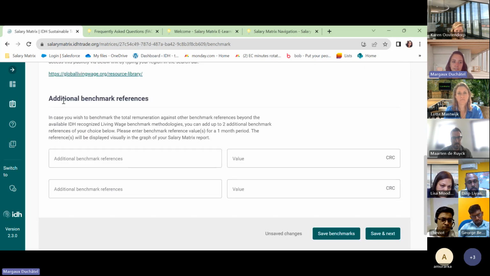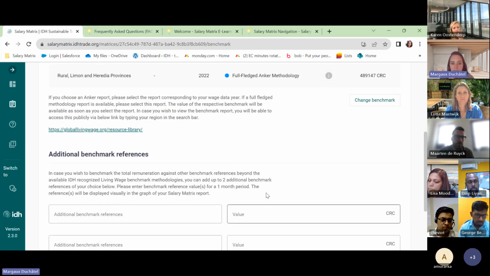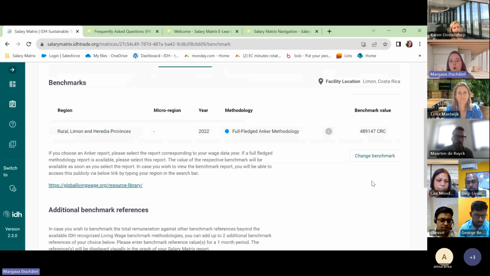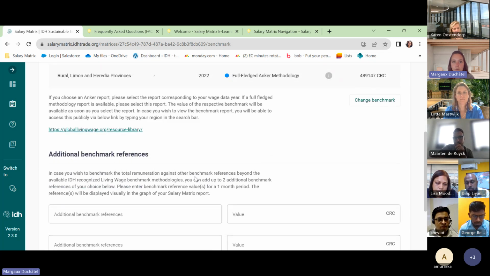What you can also do is add different benchmark references. For example, if in your country you have a minimum wage and you want to include it here, you can. It will only be a visual line on the report. Your wage data will not be compared to this benchmark. It will only be compared to the first main benchmark. So that's important to remember: the wage data is compared only to this one main benchmark, and the additional references are only a visual